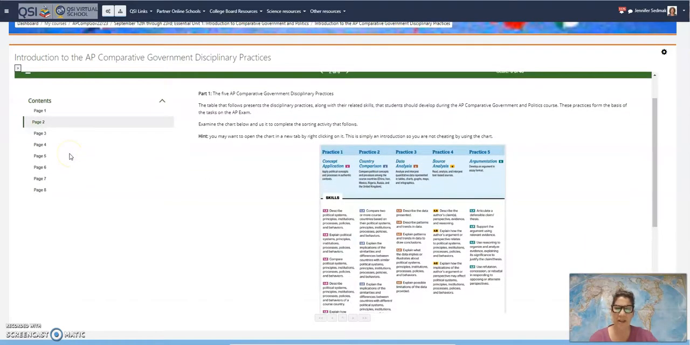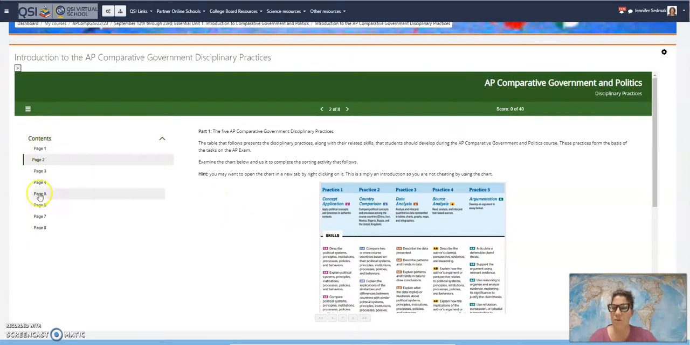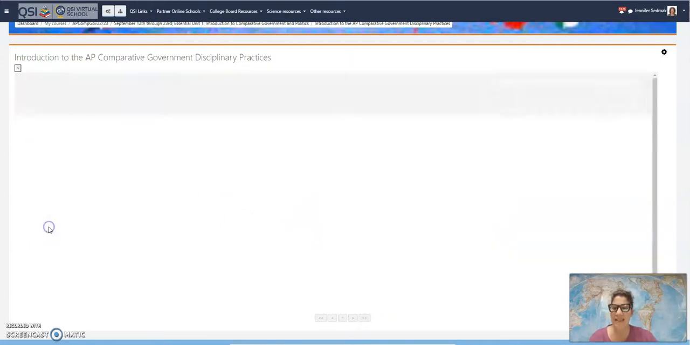these disciplinary practices. So these are the 5 disciplinary practices: concept application, country comparison, data analysis, source analysis, and argumentation. Some of them kind of speak for themselves. Others you need to probably read through so that you get a stronger understanding of what we mean by data analysis, for example. Okay, so work through this SCORM, all 8 pages, and when you get to the end, make